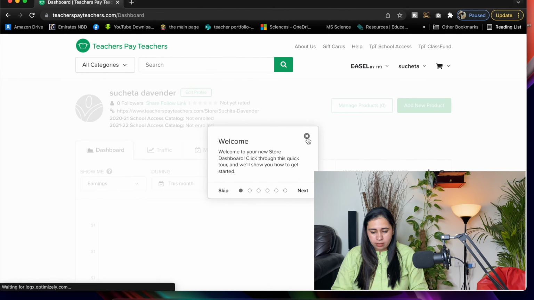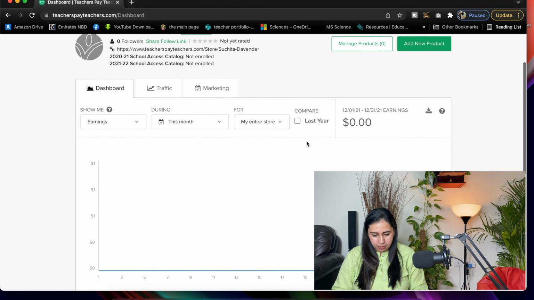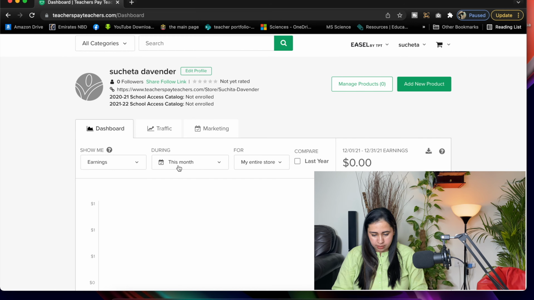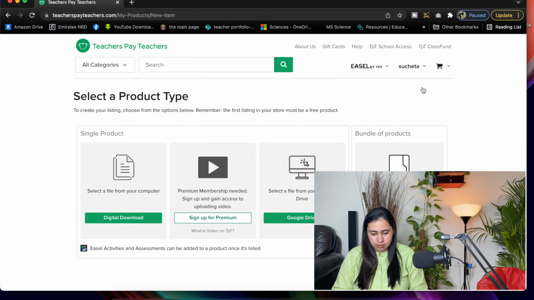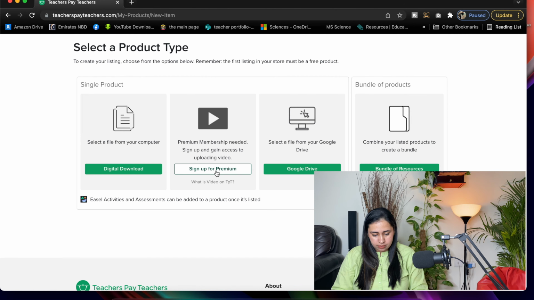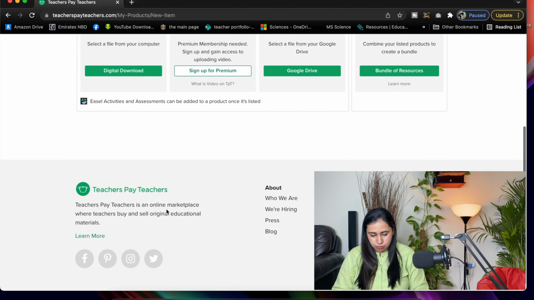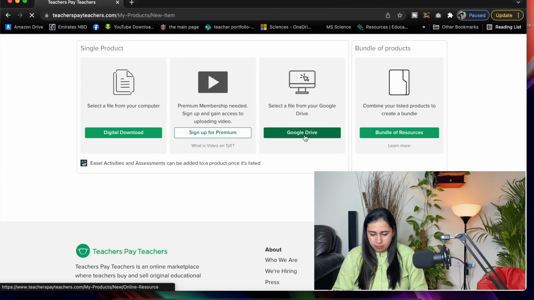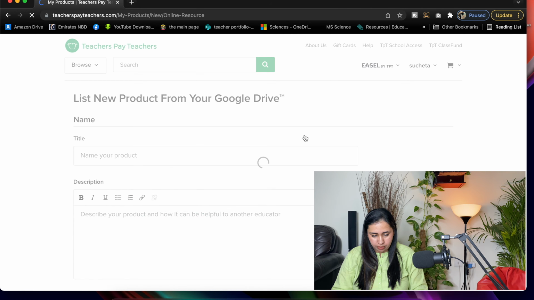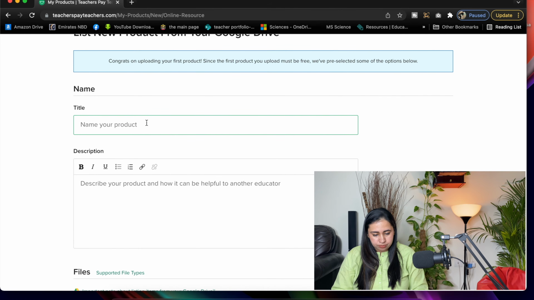Okay, so now I've filled that form and I'm coming here. Now it's showing how much is earned this month and everything. If I want to add a product, to sell a worksheet, I'll click here, add new product, and then I can do it from here. I can add from a Google Drive link or a bundle of resources. For example, I want to add from Google Drive. If I have any file, I'll share it. Then it will ask for the name of the product. For example, I have this fraction worksheet which I want to sell.